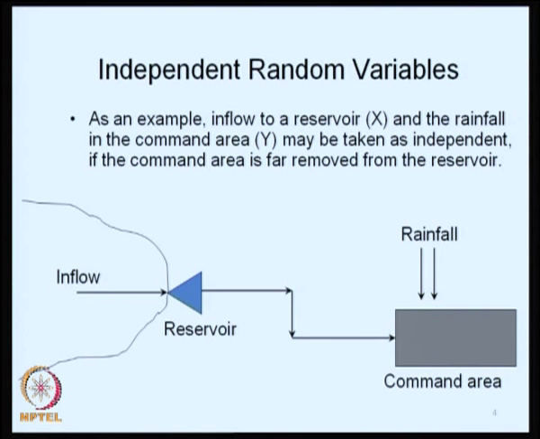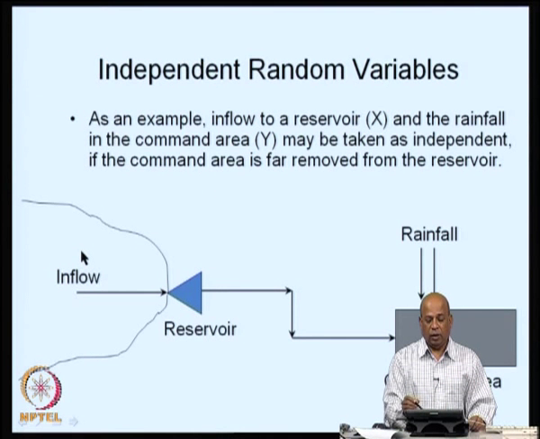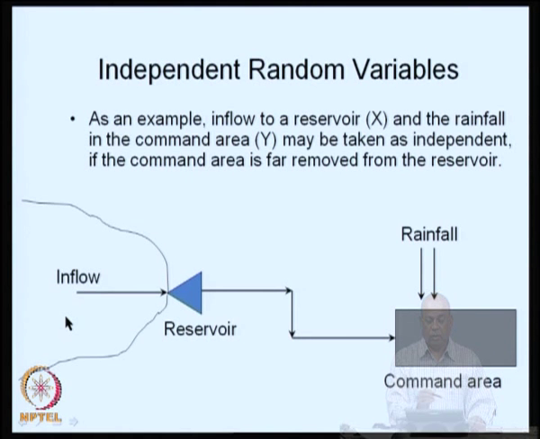Note that the inflow in the catchment area of the reservoir is generated by the precipitation in the catchment area, and the rainfall in the command area, if the command area is far removed from the catchment area, may be assumed independent of the inflow that comes to